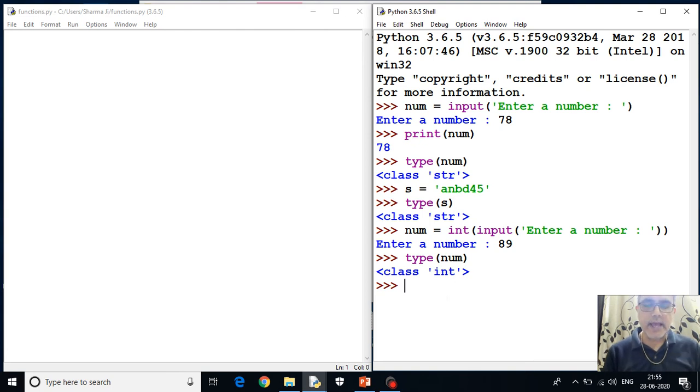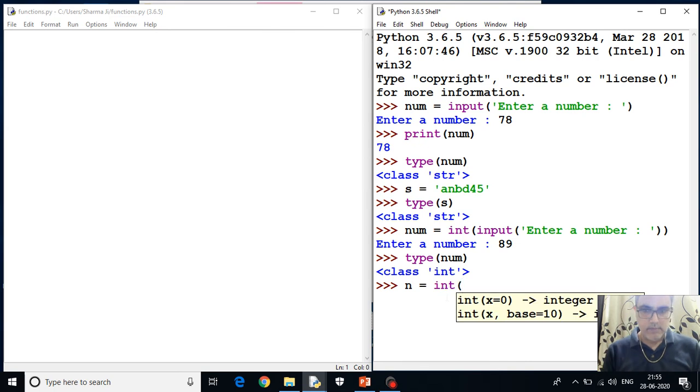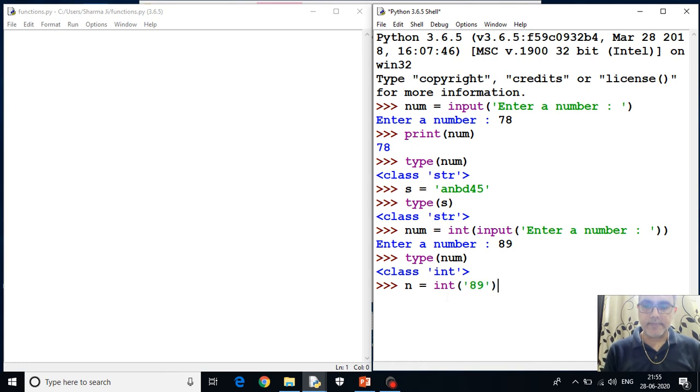It is the same as if you write n is equal to int of 89, right? Again if you write type of n, you should get int, right? Similarly, the float function will convert it into float.